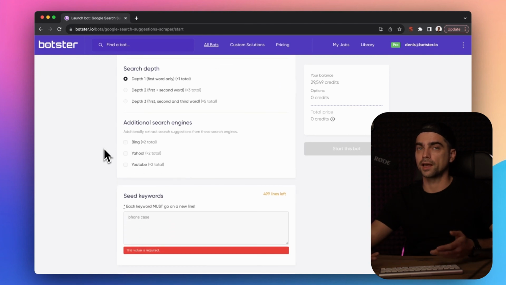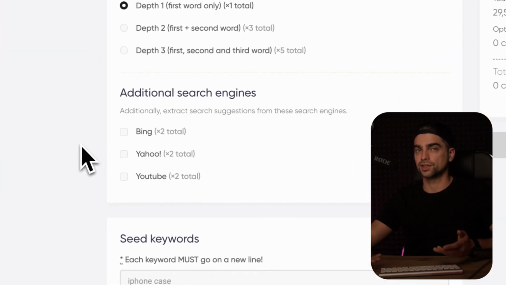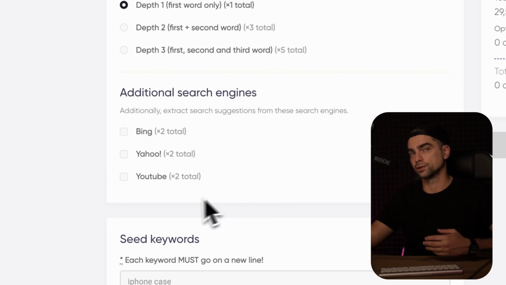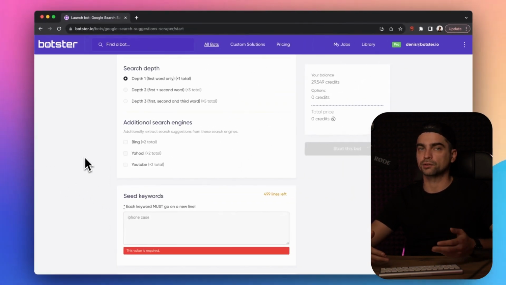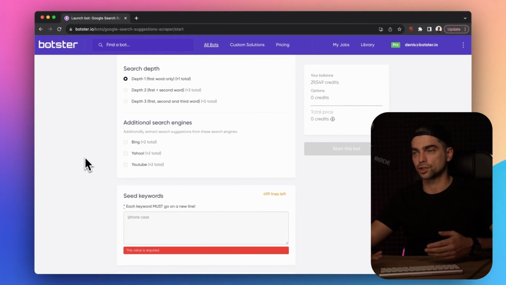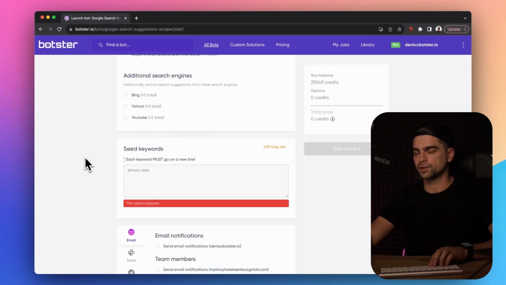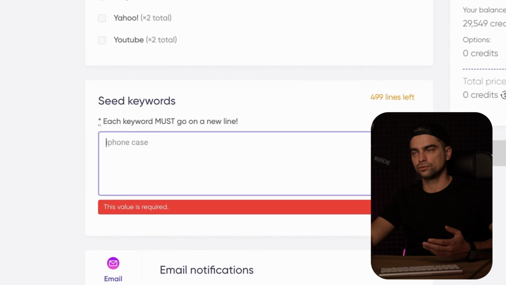There's actually a little extra to this bot, which you didn't see in the video description or in the video title, and it's the ability to run the same algorithm and extract results from other search engines, such as Bing, Yahoo, and YouTube. I won't be selecting any extra search engines in this video, and I'm going to move on